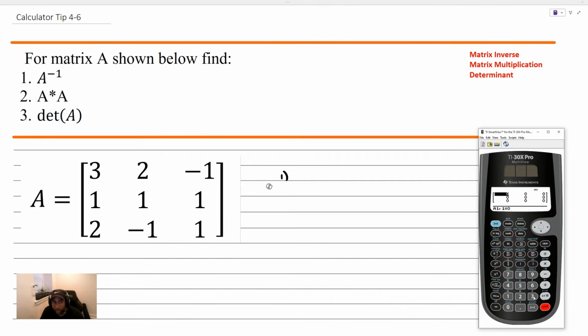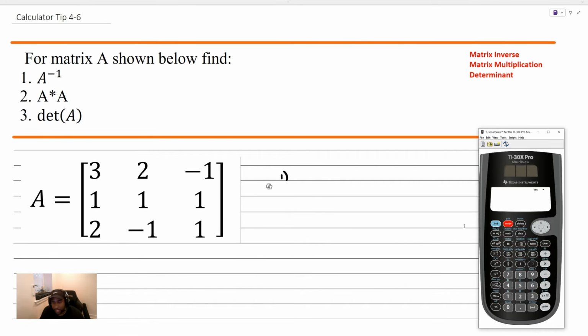Okay, so now we just type in our definition, right? 3, 2, negative 1, 1, 1, 1, and then 2, negative 1, and 1. Okay, this seems to be right. 3, 2, negative 1, 1, 1, 1, and 2, negative 1, 1. So that looks right. We're going to click second, quit,